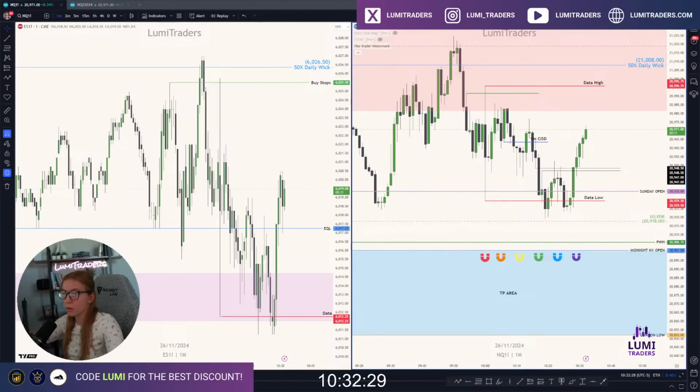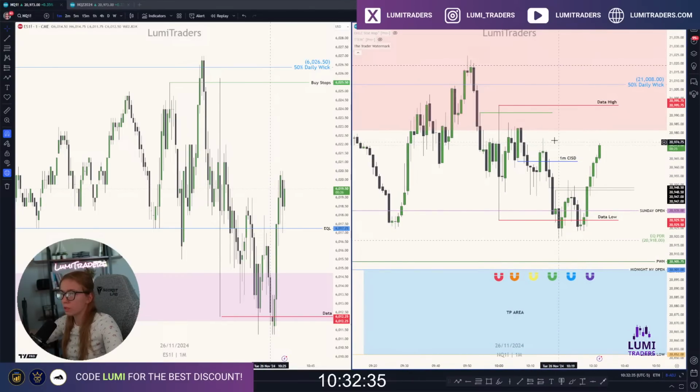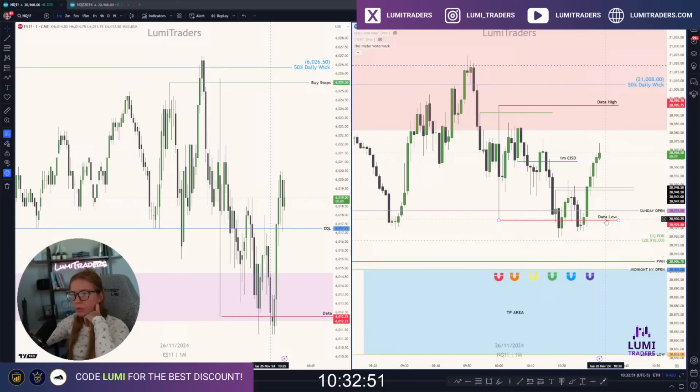But yesterday, price action was nice. We traded. Today, price action was a little bit tricky for me. So at least nice tape reading right here. Nothing wrong with this inversion right here. Solid retracement from the data low, or reversal, we don't know yet, on both ES and NQ.